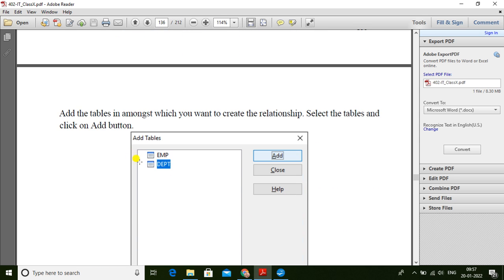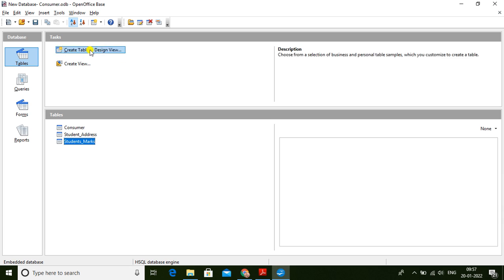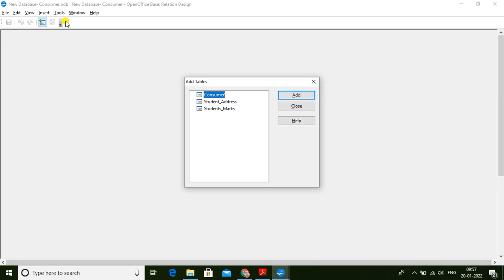First of all, what you have to do is go to Tools, then Relationships. Here those tables which are created in this database are shown, and you have to choose the tables that you want to make a relationship.